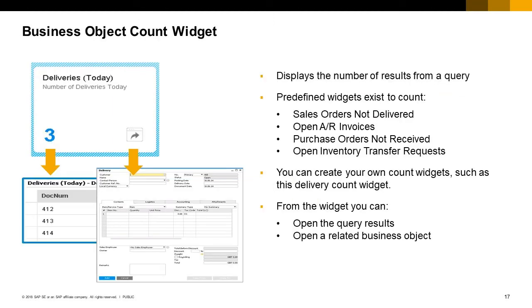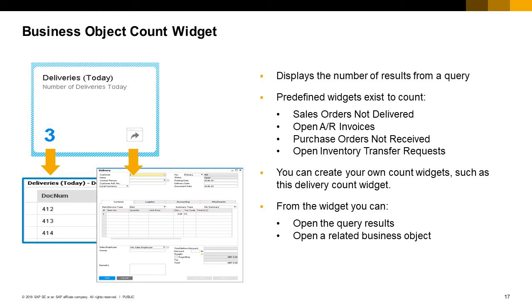A Business Object Count widget displays the number of results from a query. Predefined widgets exist to count sales orders not delivered, open A/R invoices, purchase orders not received, open A/P invoices, and open inventory transfer requests. Additionally, you can create your own count widgets, such as the delivery count widget shown in